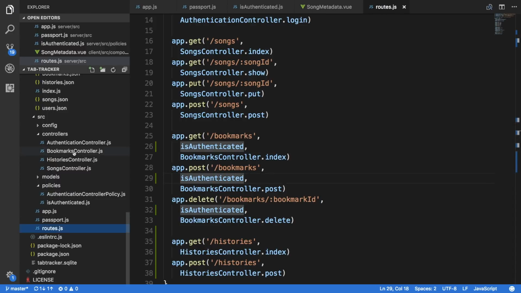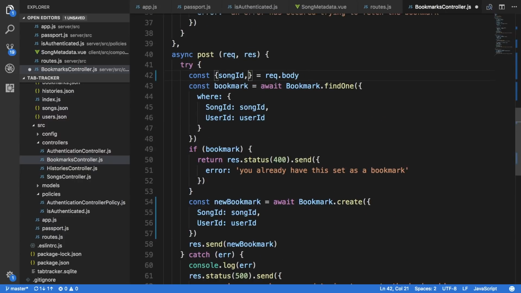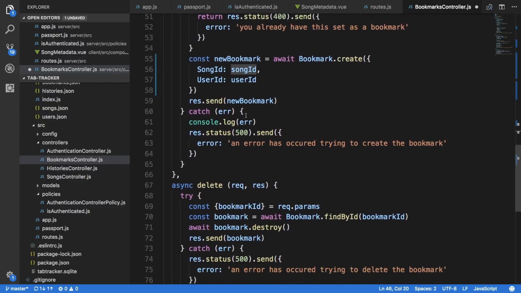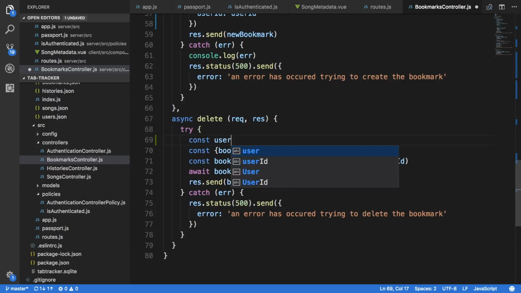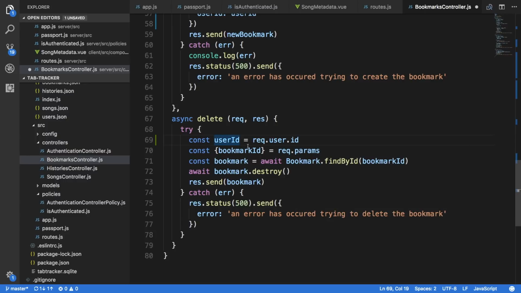So then if I go to bookmarks controller for post, instead of user ID here, we can say const userID is equal to req.user.id. And then for delete, const userID is equal to req.user.id. And then instead of doing find by ID,